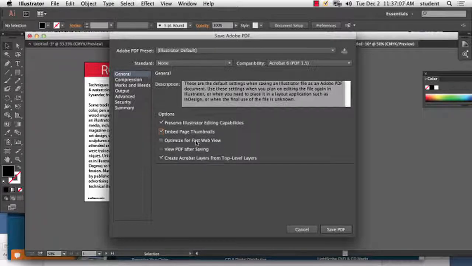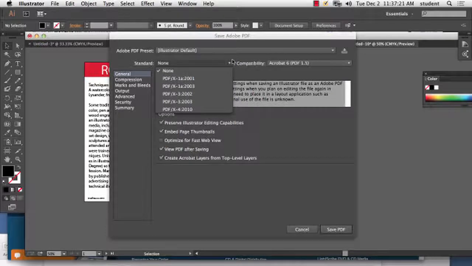I might choose that. We want to view it after we save it. And create Acrobat layers from top level layers. I can't remember what that option is for. Oh, and in the compatibility up here,